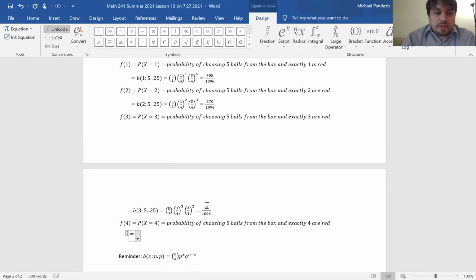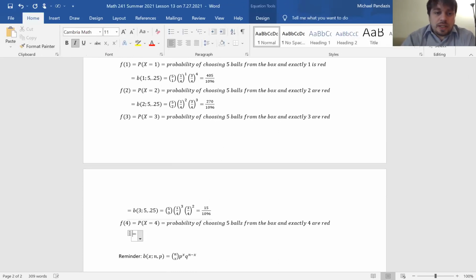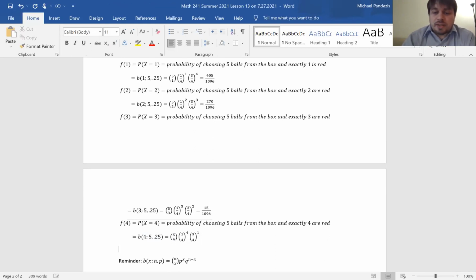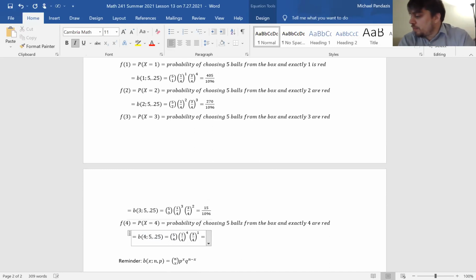And so this is equal to B of 4 successes in 5 Bernoulli trials with a probability of success of 0.25, and then this is equal to 5C4, number of ways to choose 4 out of the 5 to be successes, times 1/4 to the 4th power, times 3/4 raised to the 1st power. And so then you calculate this, and this is equal to